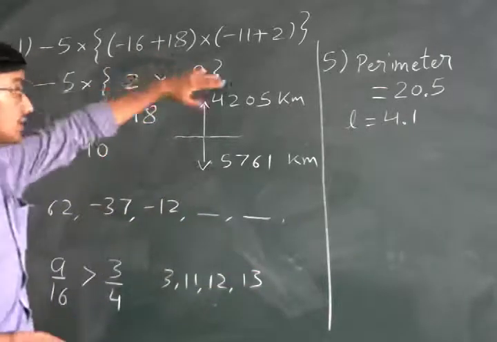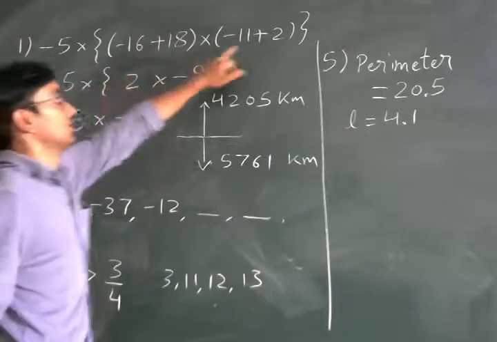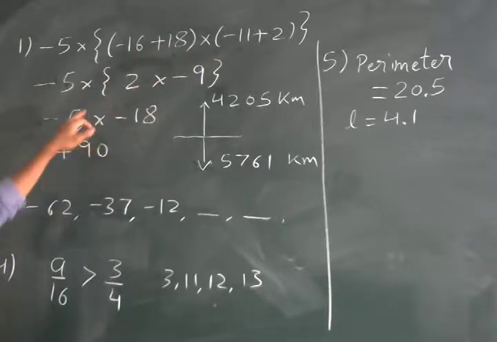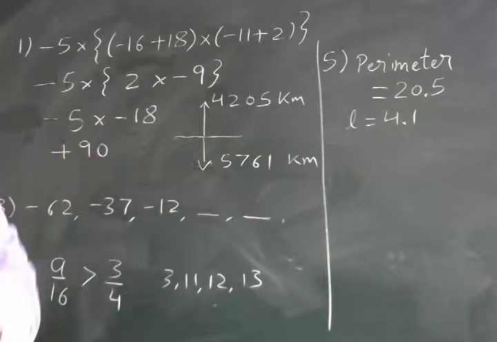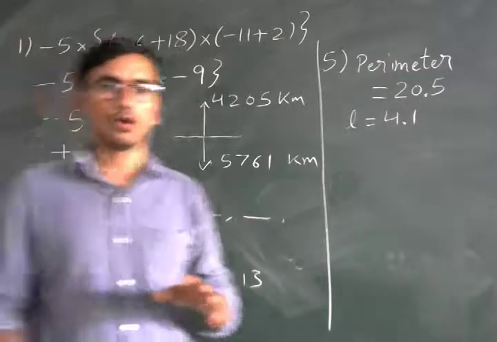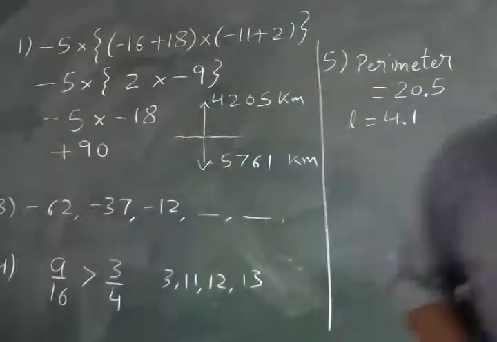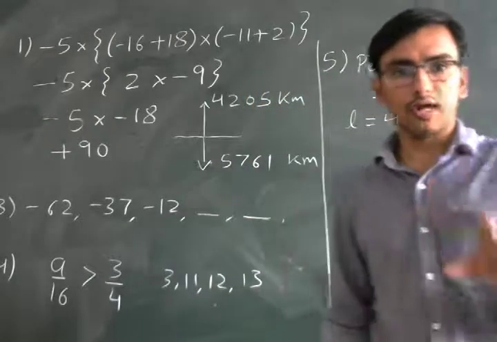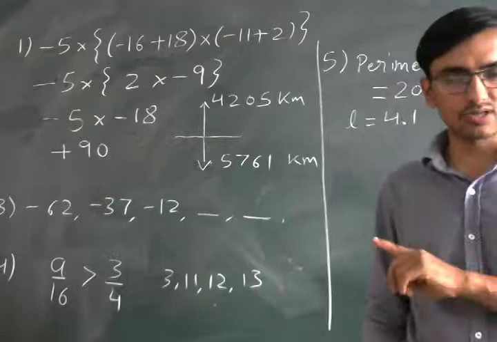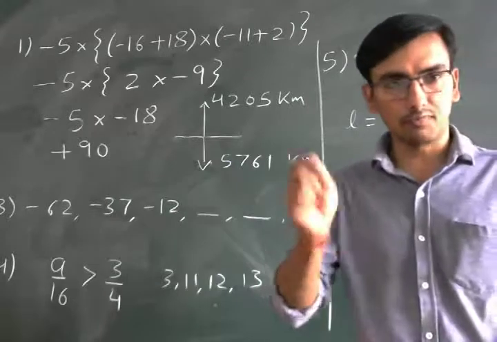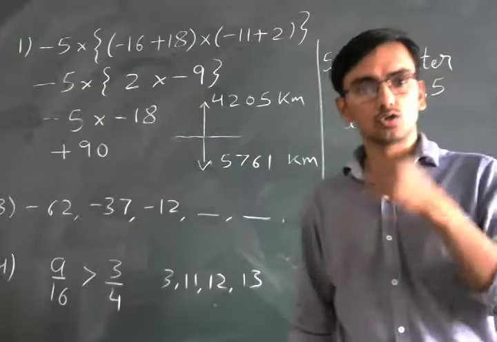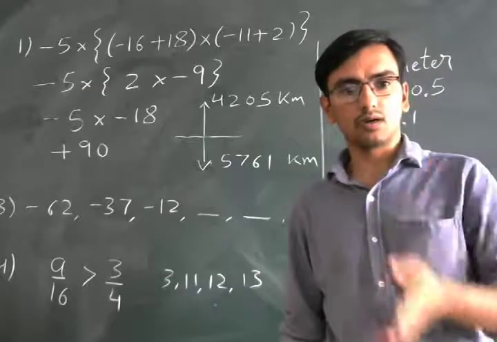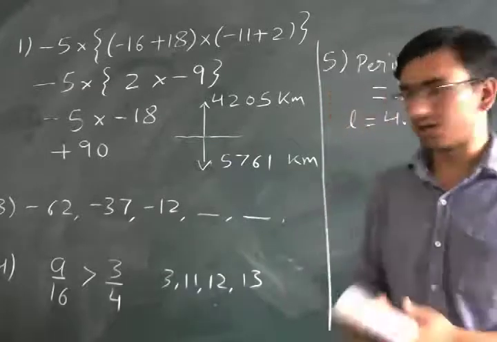Okay, so the first question I think we got it. It is about integers. There are two additions, then two multiplications. The answer is plus 90. So all of you cross-check your answers. When we complete this part, I think you all have your answer sheet. Where you have written the answer, give yourself marks, and by tomorrow when we complete this solution, send me the approximate marks which you get.